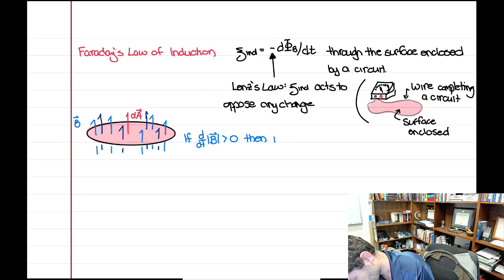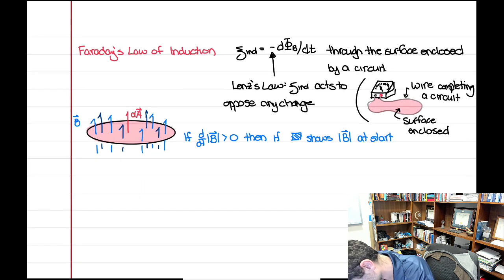Then if this color shows the magnitude of B at the start, with this kind of darker blue showing the addition to the magnitude of B by the end,